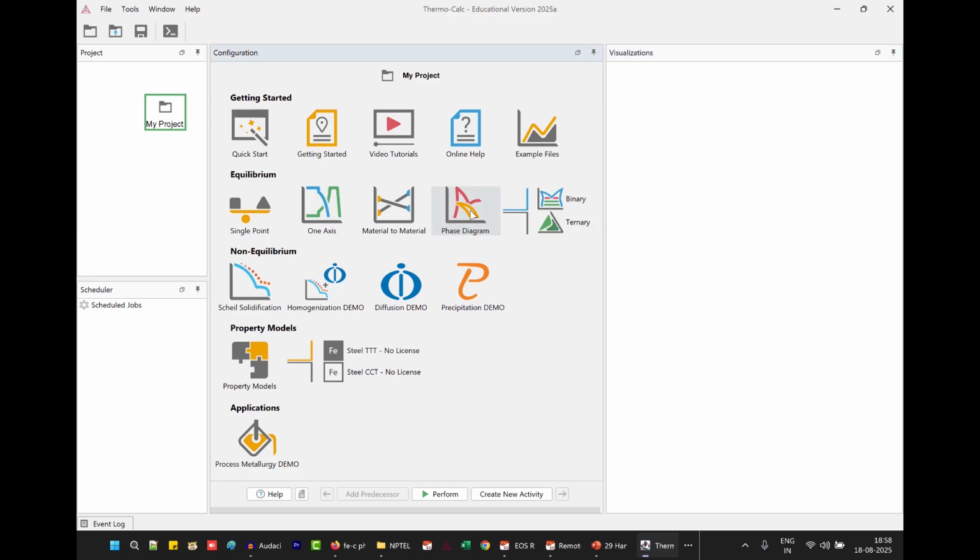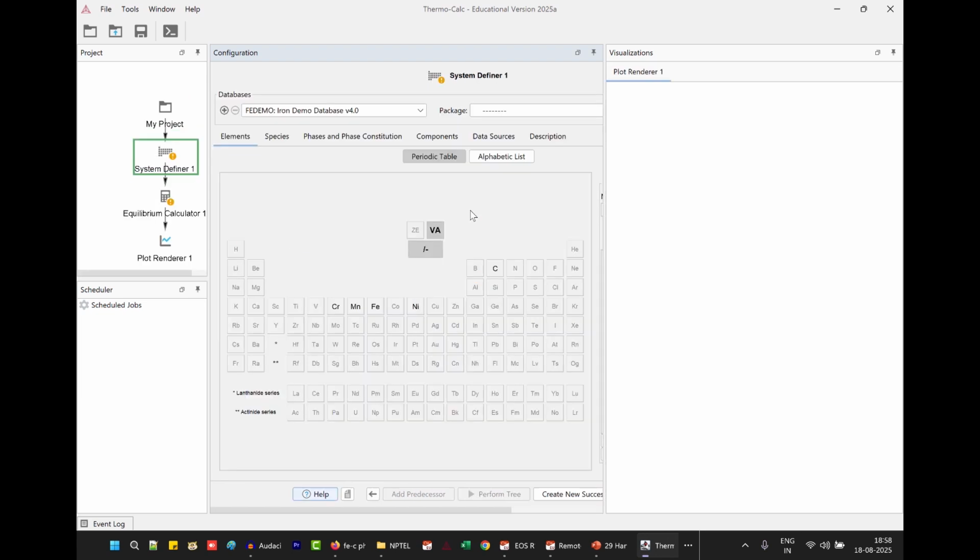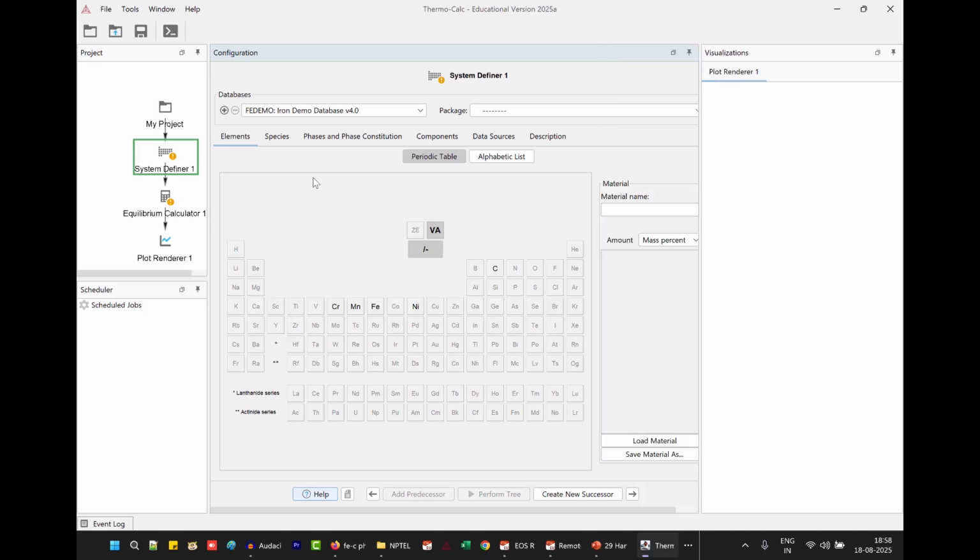Click on that. Right, we got the system definer stage now. The FE demo database is fine. We're going to click on Fe first and carbon second. Iron and carbon, select those two elements. Job done at this stage.